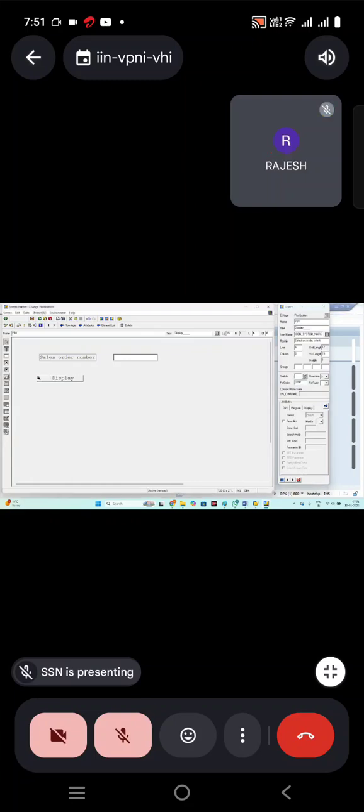Then I'm creating quickly one more push button, which is for clear. PB2 in the attributes, and this is for clear, and the FCT code is CLAR. Normally the FCT code we always maintain as 4 characters, a unique name. Okay. So PB3, which is exit, and the FCT code is EXIT. Okay, so like this I created my push buttons.